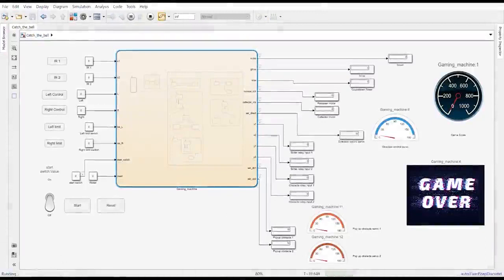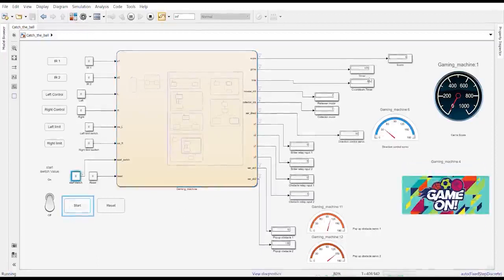As you can see, it is running now. We have 8 input ports and 12 output ports, and when I press the start button, the game will start. Timer is 0 now. When I press the start button, the game starts, the time is decreasing by 1 second, and the countdown timer has gone to 0. Release motor and collector motor run throughout the game, so there remains 1. Direction control servo goes from 10 to 170 degrees and comes back from 170 to 10 degrees.